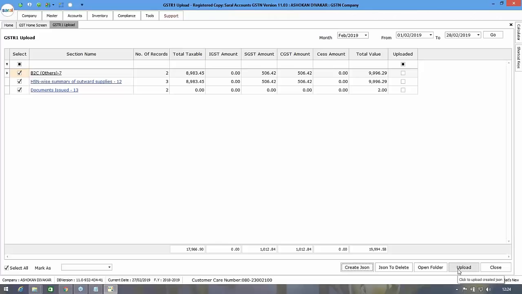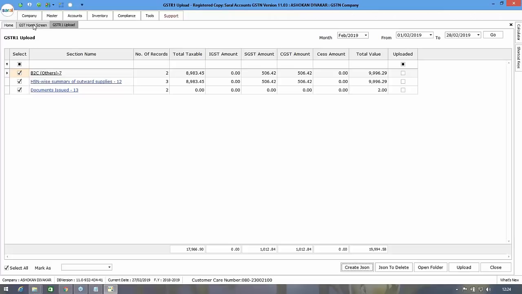And even once the return is done, meaning we have uploaded the details, but we have done it with wrong entries, in such a case you can delete that uploaded transaction also by generating JSON to delete. Here there is an option, JSON to delete. You can generate a delete JSON here, then you can upload that delete JSON. Whichever transaction was uploaded through Saral Accounts, that same transaction will be deleted on the department site. Again, you can generate a corrected JSON and upload it. This is all about